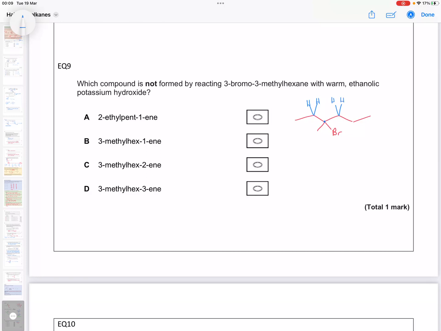So if we just have a look at drawing the final product then, so we could either have our double bond here, or we could have